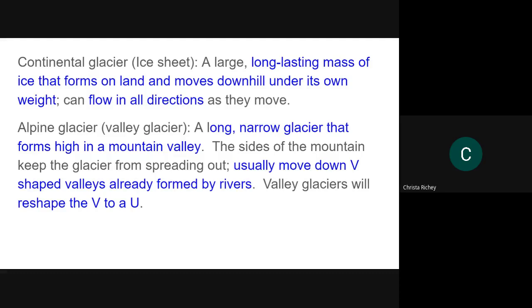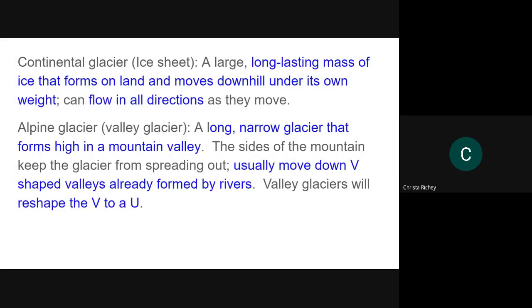Now, what a glacier does, especially up in the mountains, when they're moving underneath their own weight, it changes the shape of the landscape. They almost always follow an original path that was cut by a river, and a river cuts a nice steep valley, V-shaped, whereas a glacier, because of the erosive properties as it's moving across the land, reshapes that V into a U. And you do not stop glaciers. They might be able to be channeled, but you're not going to just stop it. It's one of the most destructive things that our planet can do.